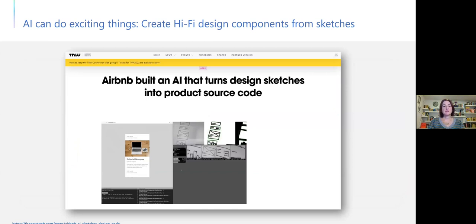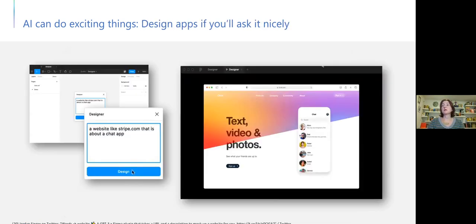In this case, it can translate hand-drawn sketches of components and turn them into fleshed out high fidelity prototypes. In another case, Jordan Singer, a designer and developer, created a Figma plugin where he trained it on a model called GPT-3, a language model. And the result is that you can type in all kinds of things that you wanted to do, and it produces visual results. So in that case, it says, hey, I like a website like stripe.com that is about a